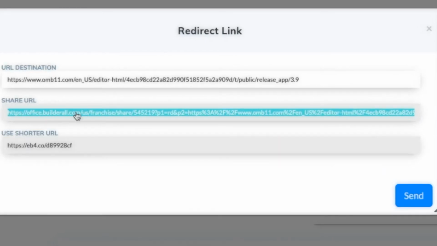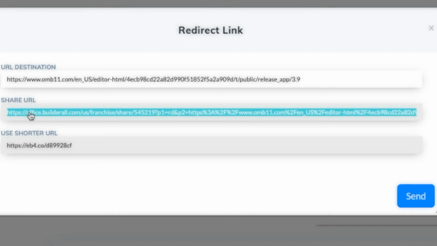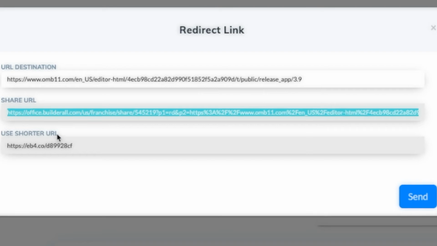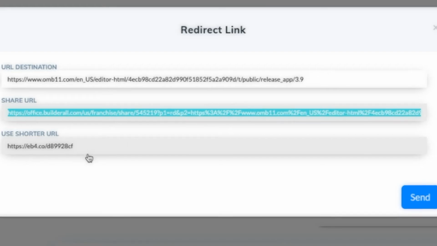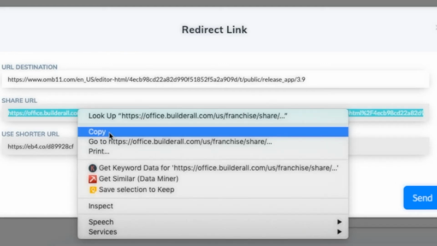the share URL, very long. In fact, it's the same URL, but it's put here on this part. And the first part is the link that sets the affiliate ID. So they also give you a shorter URL. So this is a URL shortener, so very small. So you can use either the long one or the short one. It's the same. It will work the same. So let's say I want the long one, but there's no difference.